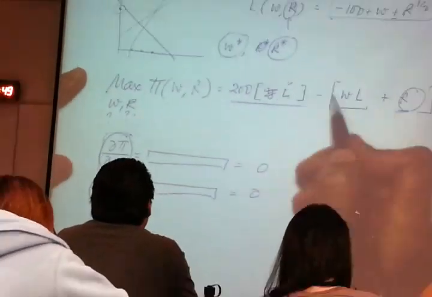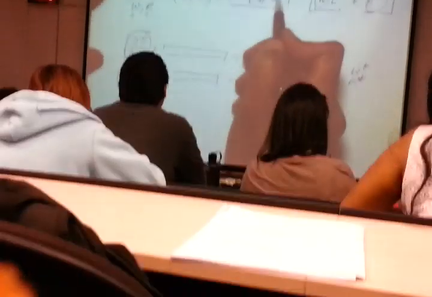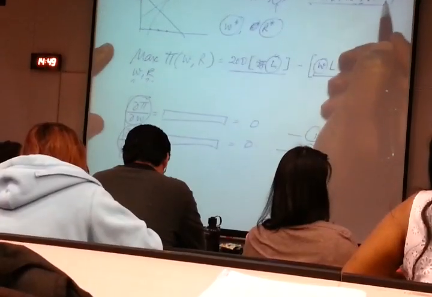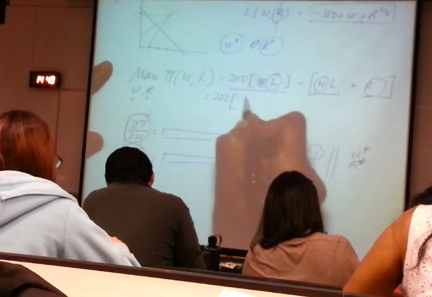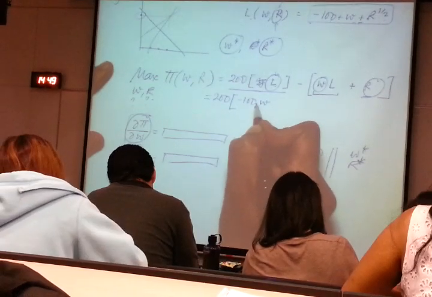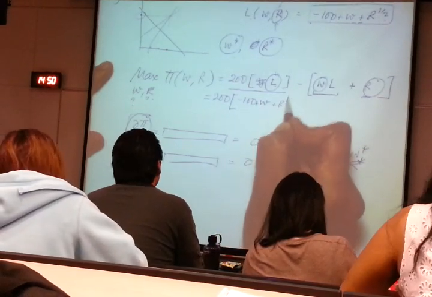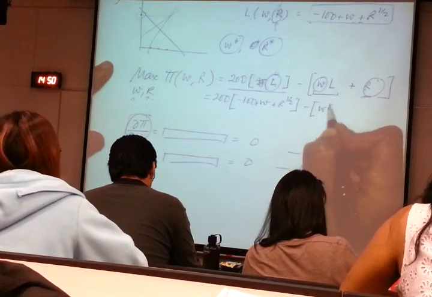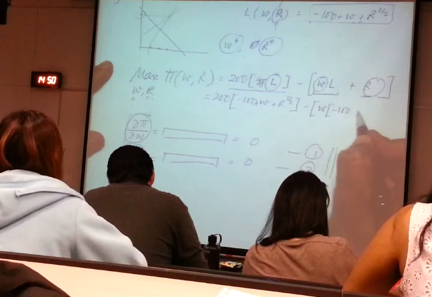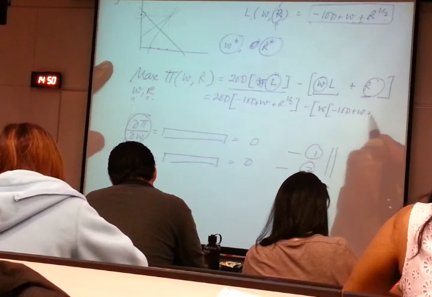I have an R here, I have a W here. But I notice that L is a function of W and R as well. So all I need to do is replace L with its function of W and R. Wherever there is L, I replace it with